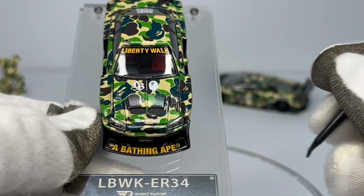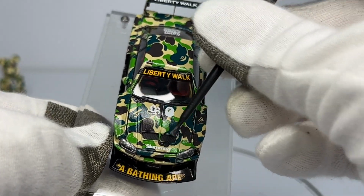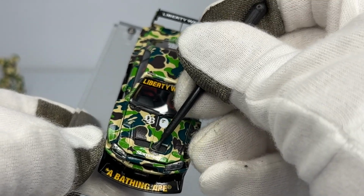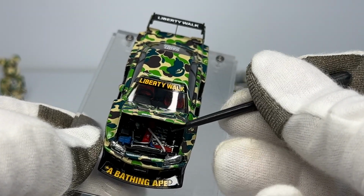And now let's jump into the pièce de résistance of this car, which is of course this openable engine bay. So I'm very intrigued to see what lies underneath and this quality. So I think I can open it. There you go, from this direction. And